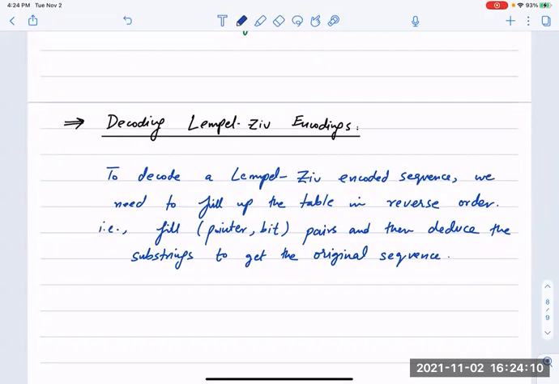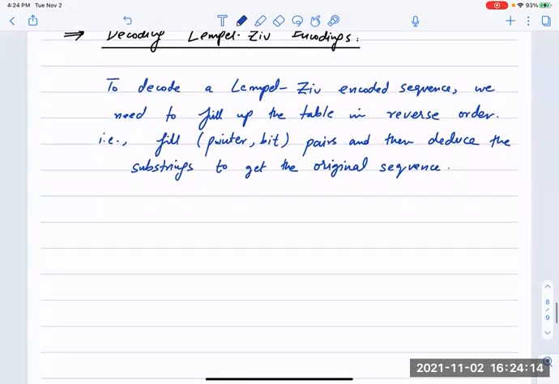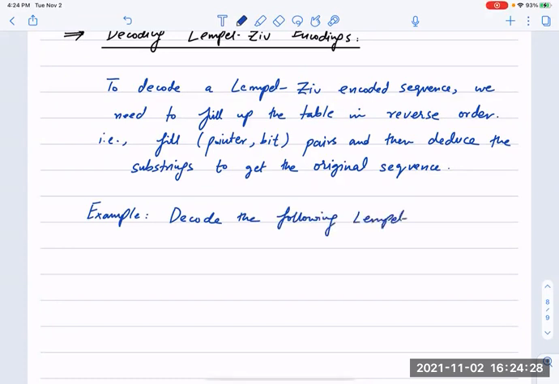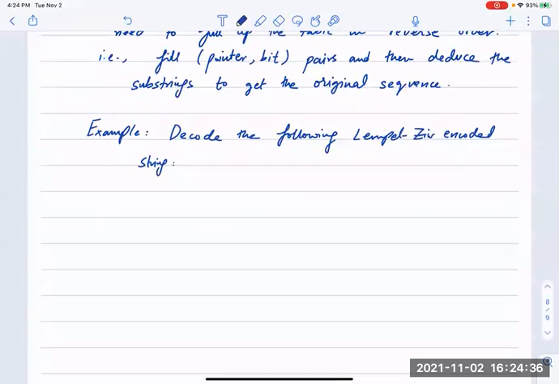So let's take an example, because it's easier to see with the help of an example. An example where you have to decode the following sample zip encoded string. So it's a long string,